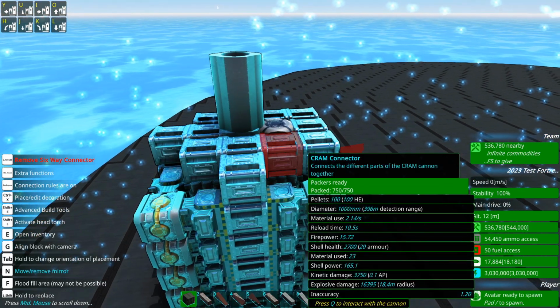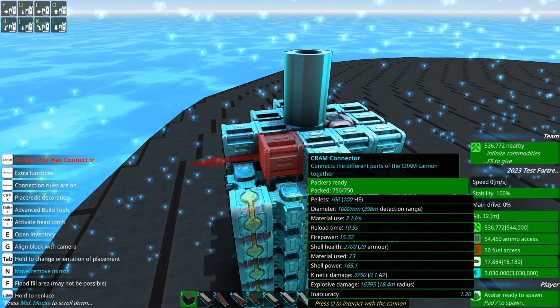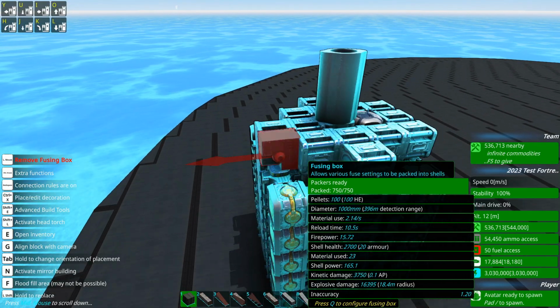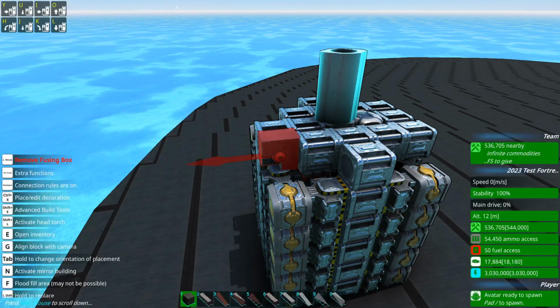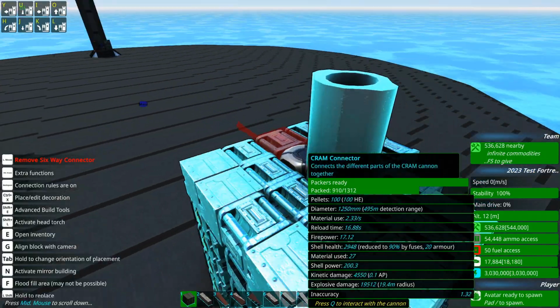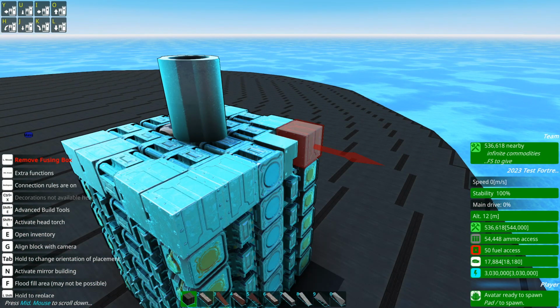Let's stick a fuse and some gauge increases on this, because that's a good idea. Let's go have a fuse, and we're just going to stick an inertial fuse on this because, I don't know, that'll do, pig. That'll do. Bunch of gauge increases on top here, and we've got ourselves a little...